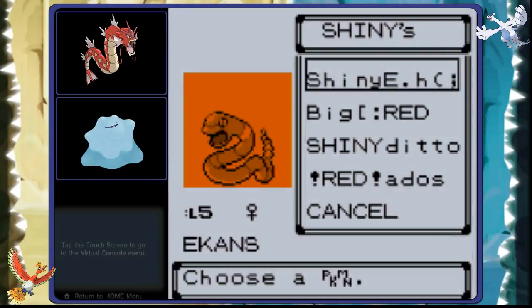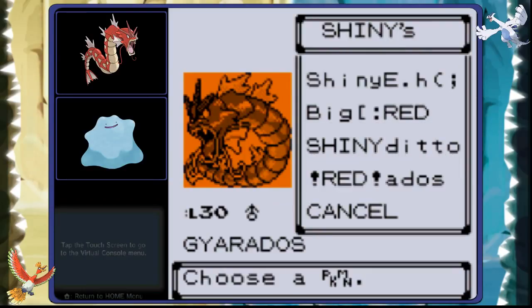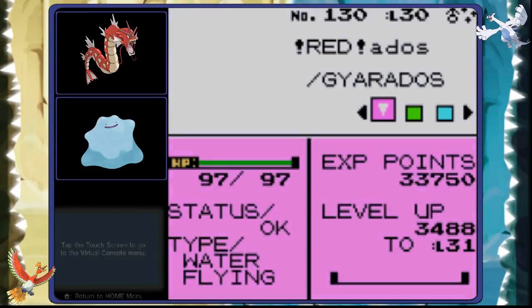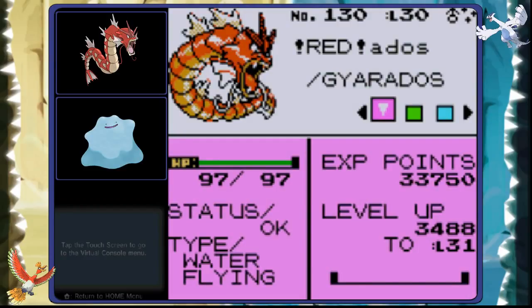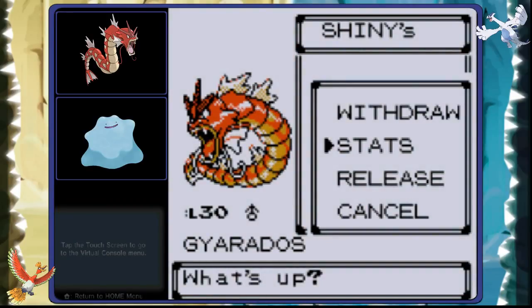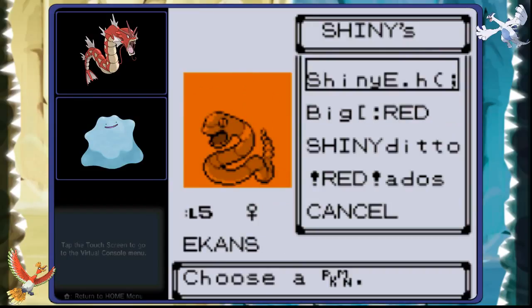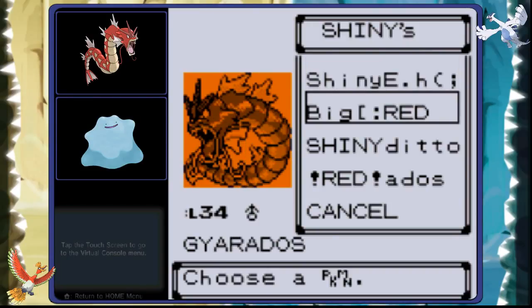And let's see, we're in shinies. So here's my shiny Gyarados, my red shiny Gyarados that I had gotten back from Pokemon Yellow. And you can see there's the Mimic that I had taught it there. And there's my shiny Ekans. This is a shiny Gyarados that I had traded in from another game,